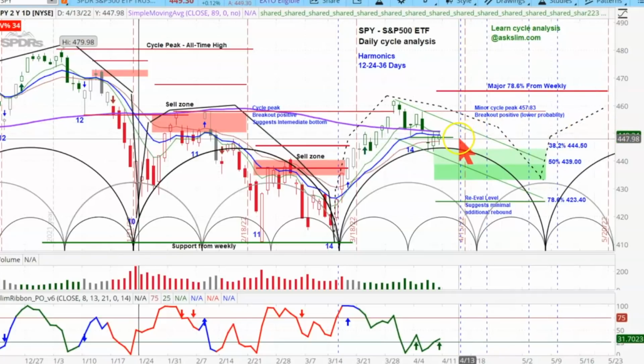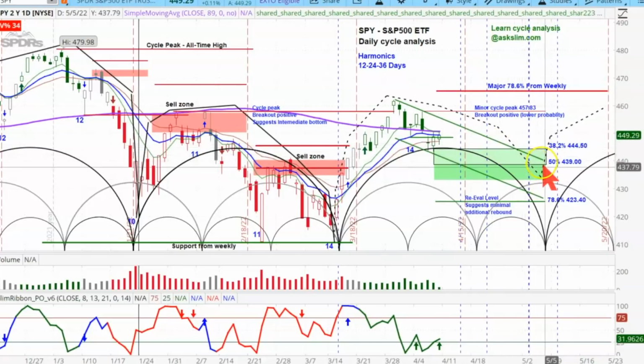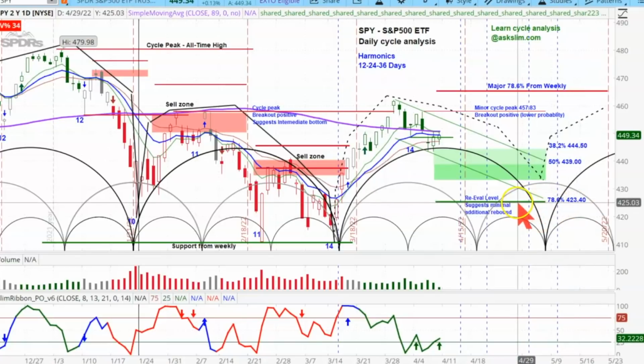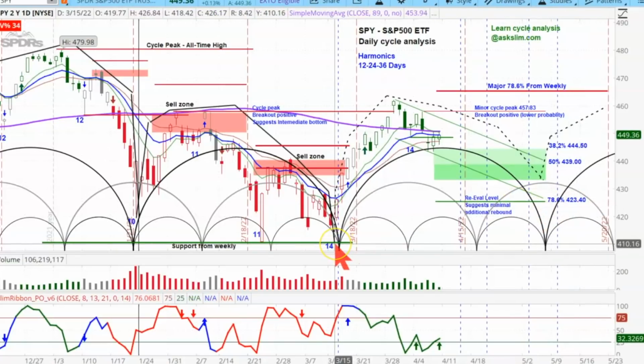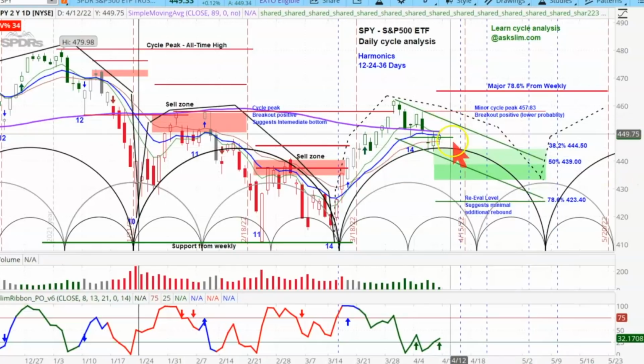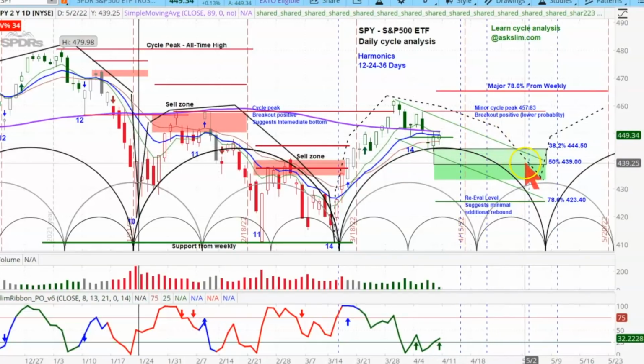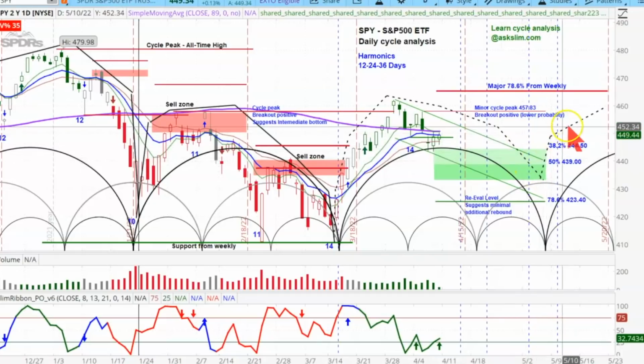So for the next 1 to 3 weeks, which this is really short term, we expect it to come down into this period here and then make a bottom, but not break down. Again, under 423.40, that is a warning. If it gets here under 410, well, you've got a crack going on. It's really a bear market resumption. We don't think that it's a high probability right now. The highest probability is some downward chop in here for the next few weeks and then beginning to move up